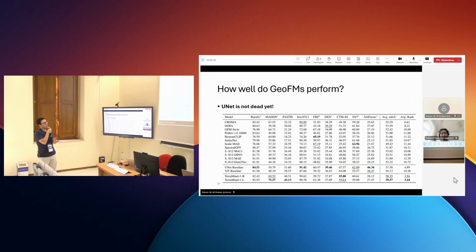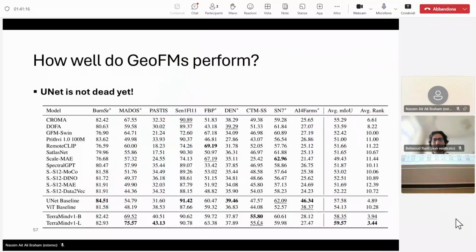Okay, and how well do these foundation models work once you've evaluated them and started comparing them? This is a table from the TerraMind paper, which came out this year. It is, I would argue, state of the art. And it is indeed the best in the table if you look at the average rank. But I want to draw your attention to this line here. The UNet baseline, trained from scratch, on a lot of datasets, and out of 4 datasets, it's getting the best result. So I would argue UNets are not dead yet,